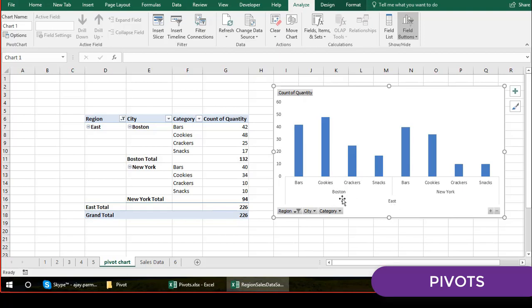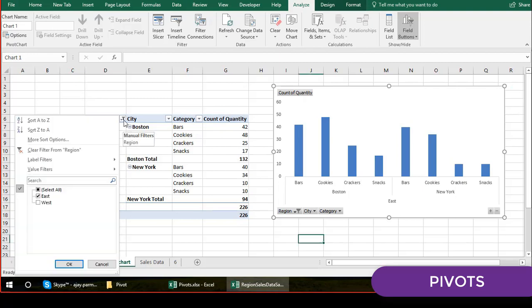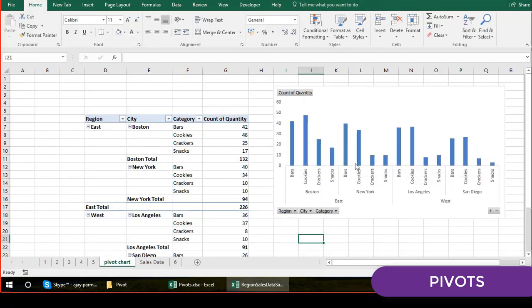So in the east, I have Boston, I have New York. So I can do that. This is not just happening in the pivot. This is happening here also. This is also automatically controlled. Same way, if you put the west, pivot will also show up. This chart will also show up.